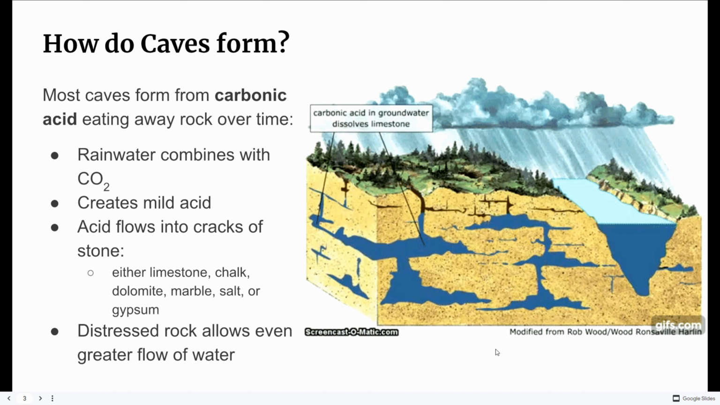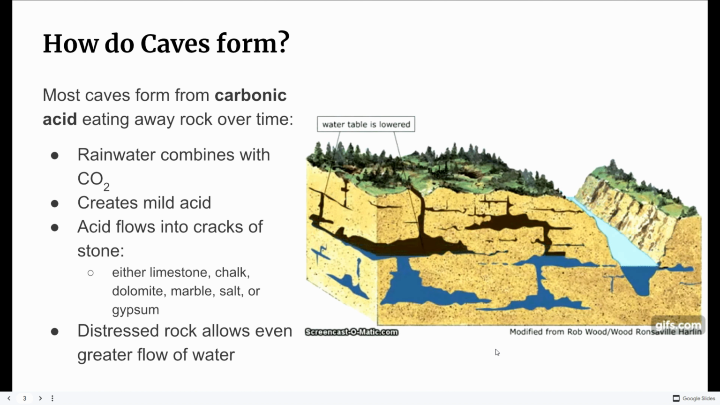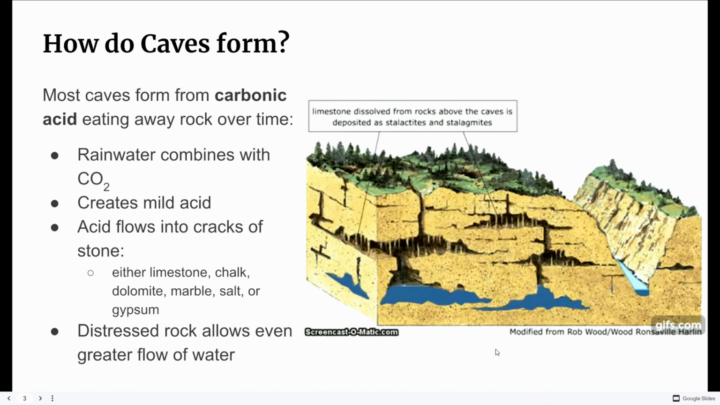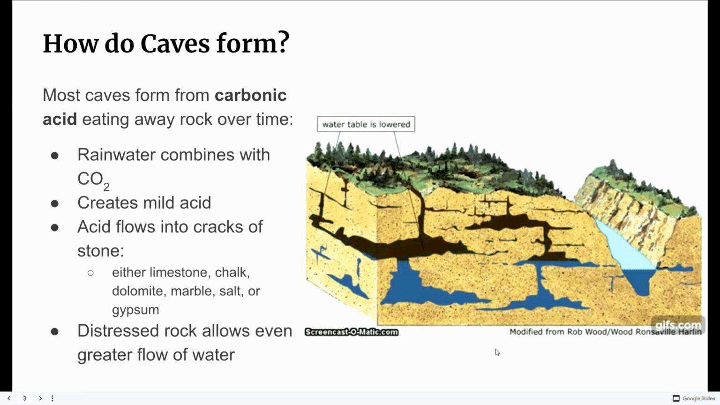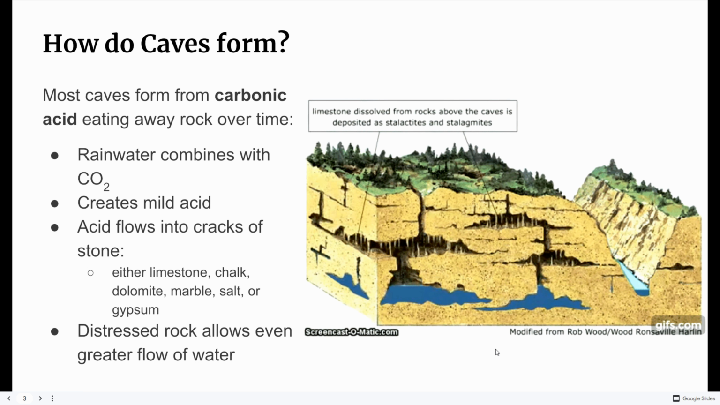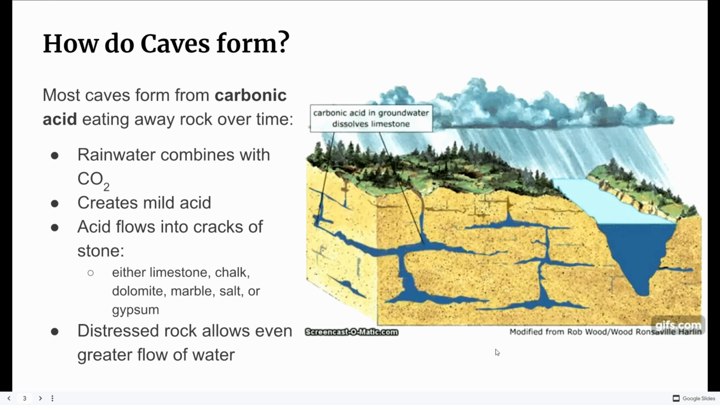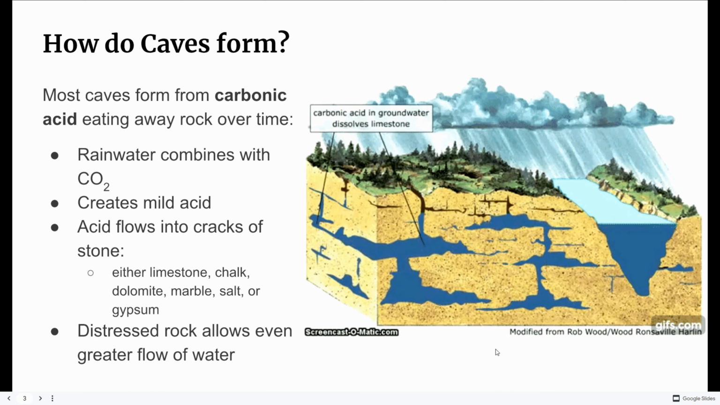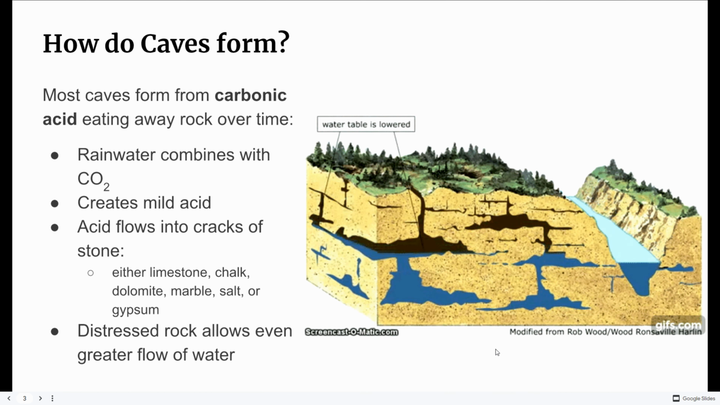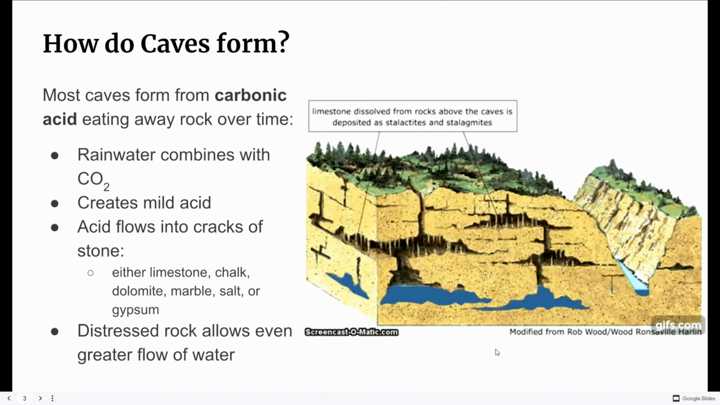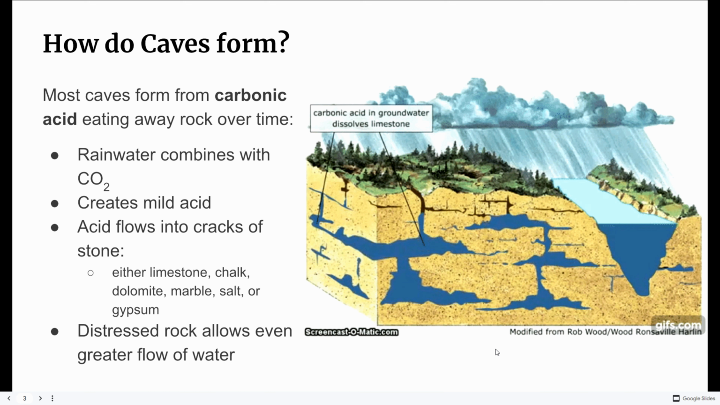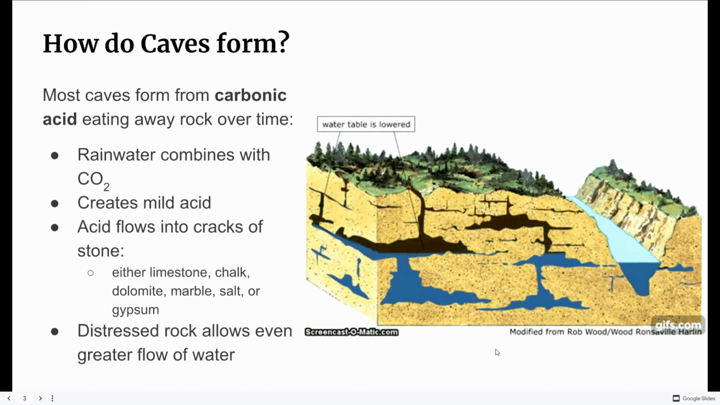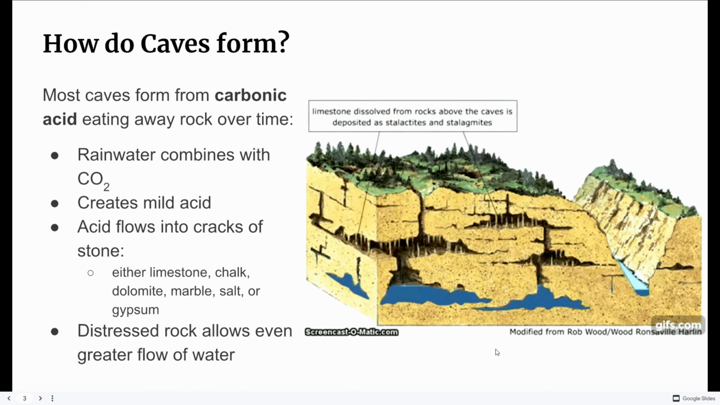So this animation shows the creation of caves using the method of dissolving the rock with carbonic acid. Carbonic acid is a very weak acid that dissolves the minerals from the rock. We talk about it and say that it eats away at the rock, but it's dissolving the minerals out of the rock. It creates cracks and crevices that grow over time into these giant holes or rooms even, these hollow